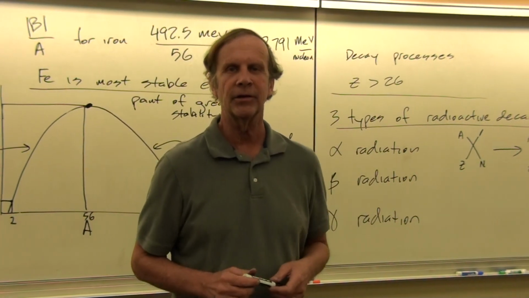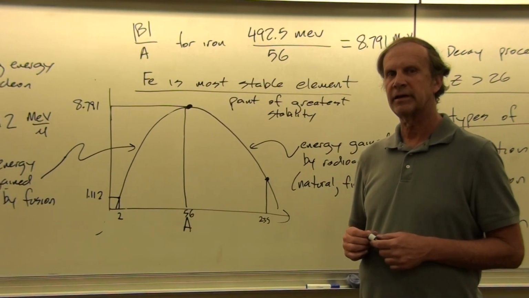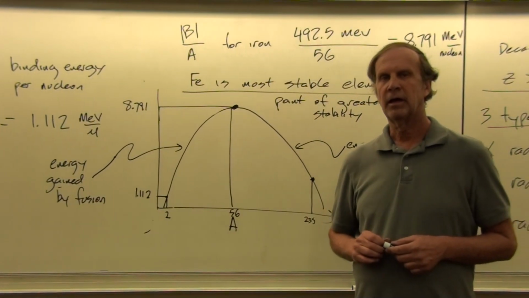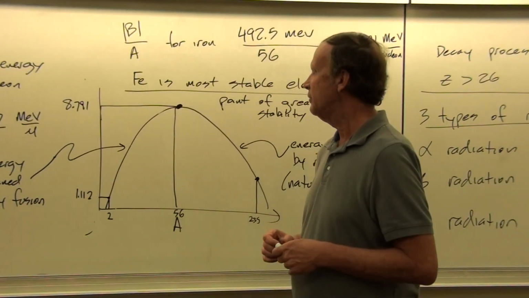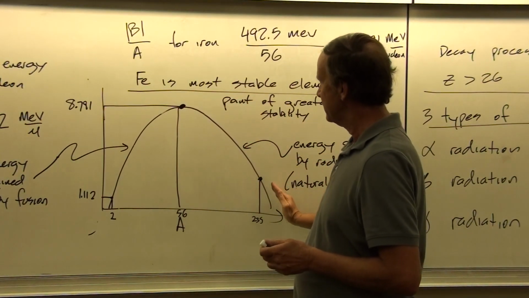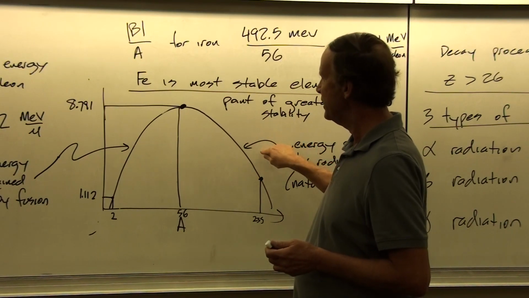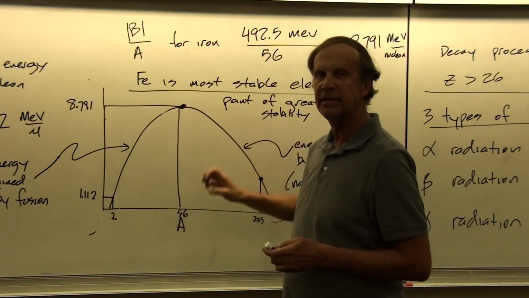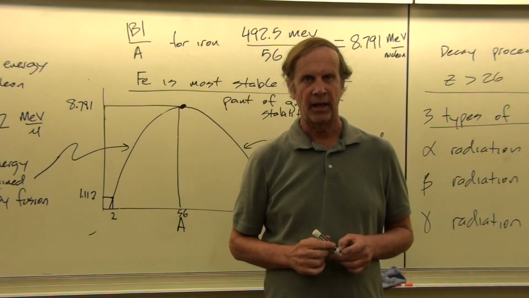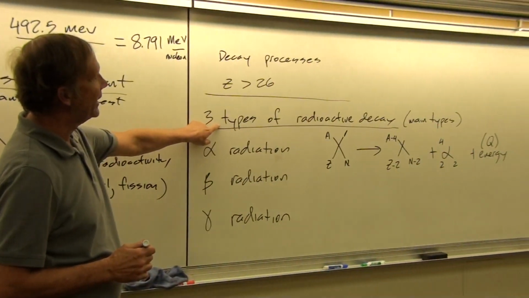All right, so we'll look more at the specifics of fusion reactions like hydrogen fusion and exactly how we calculate that for the sun a little later on. But what I wanted to do next was to look at this portion of the binding energy per nucleon graph, in which the elements are bigger than iron and naturally tend to give off energy as they break apart into smaller pieces. And so that is associated then with different methods for radioactive decay.